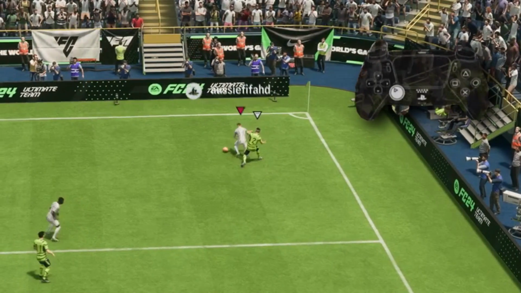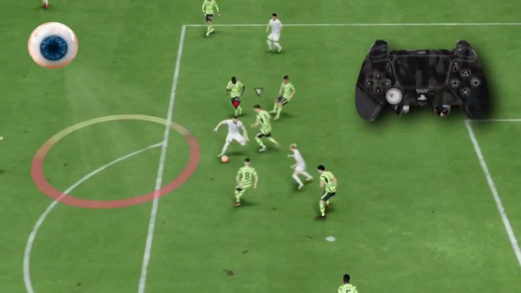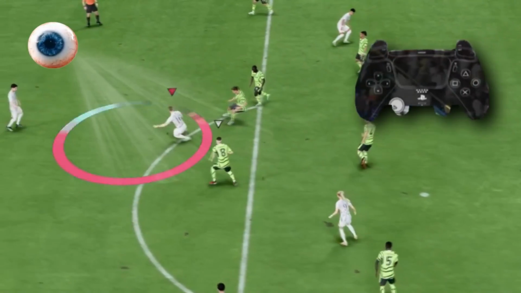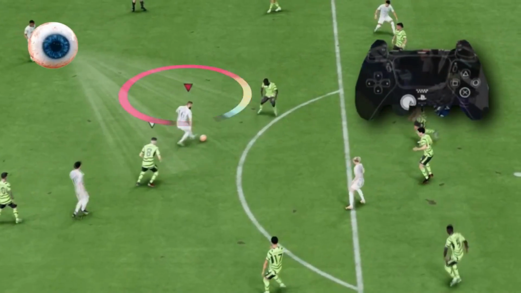A situation where you're on the wing and you're trying to find a central pass to get into a dangerous area. Utilizing this technique will allow you to do that. Beating opponents in the box with left stick dribbling. Again, we're incorporating the left stick dribbling technique of dribbling to the space. We're incorporating keeping our back to the opponent, and we're incorporating a chopping technique when it comes to the final